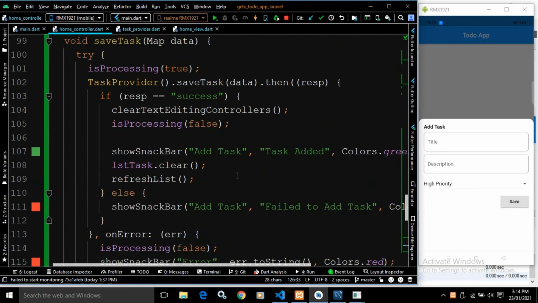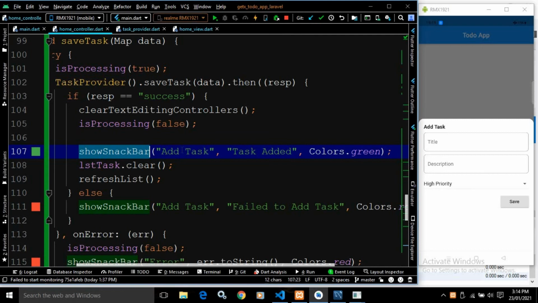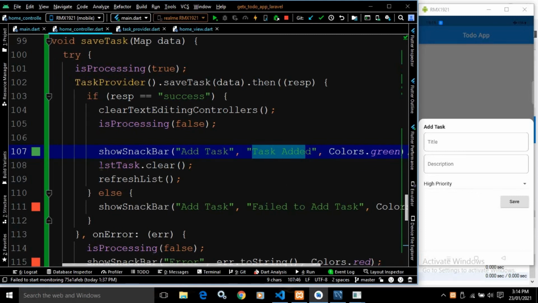Okay, after that, is processing false. This means the value is processing will be false. After that, the show snack bar method will be called, having the title as add task, having the message as task added, having the color as green. Okay, and after that, lst task dot clear means whatever value stored in this lst task, that will be cleared.